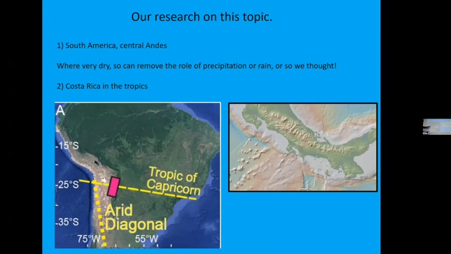Let's go to an area where we can remove, remember I said rivers, glaciers, precipitation, glaciers. Let's go to an area where we could kind of remove one of these so we could try to isolate the study of glaciers. So we thought by going to this part of the Andes, one of the driest parts of the planet outside of Antarctica, we can maybe more focus on the glacial process because the rivers and rain are not causing as much change. So we thought when we wrote the grant.